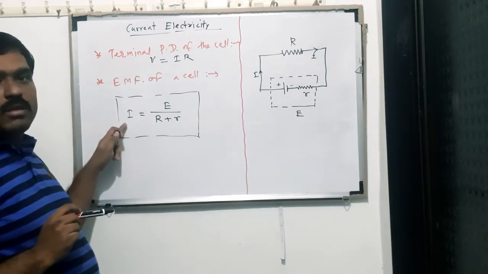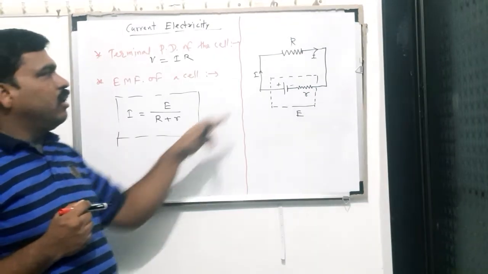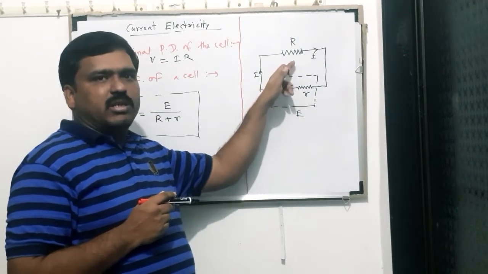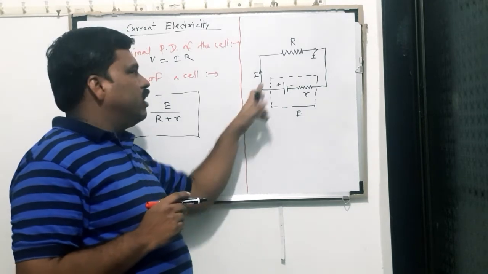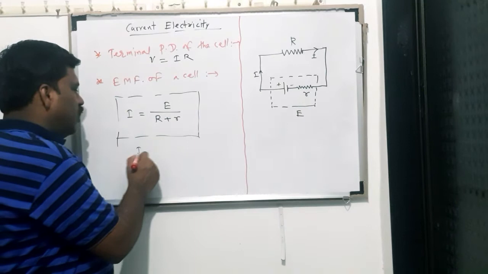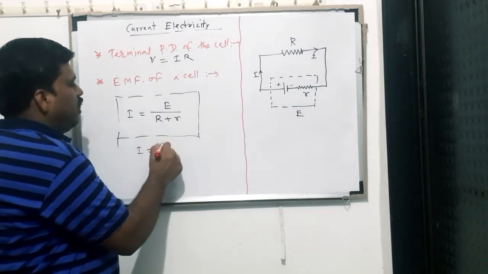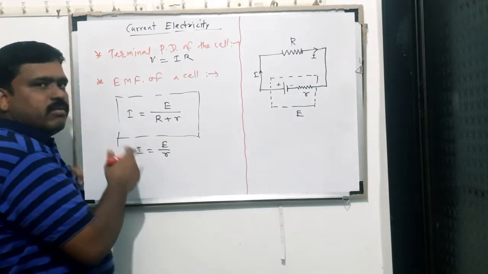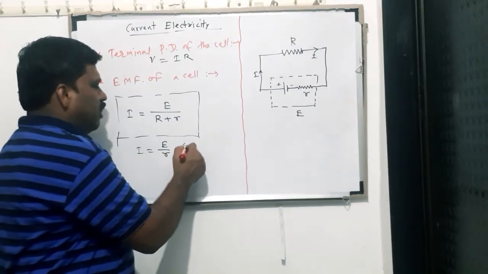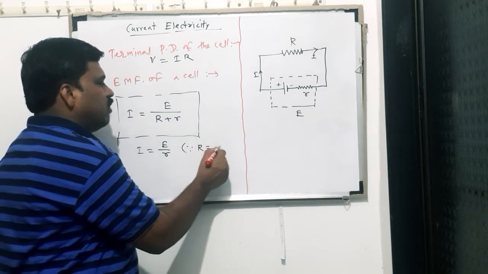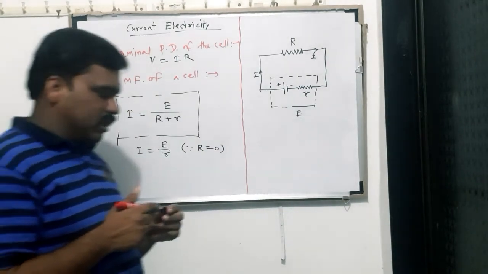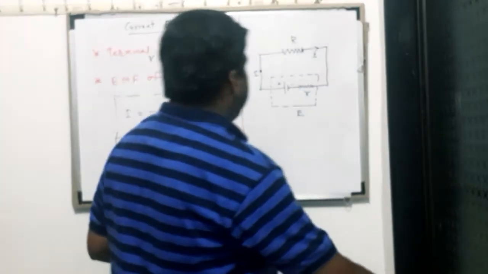Here this current will be maximum if capital R is absent, means R is equal to 0. Then this current becomes maximum and is equal to I is equal to E divided by small r, which is the maximum current. Here since capital R is equal to 0. तर या दोन डेफिनेशन सुद्धा आपण मागील वर्षी बघितलेले आहेत.